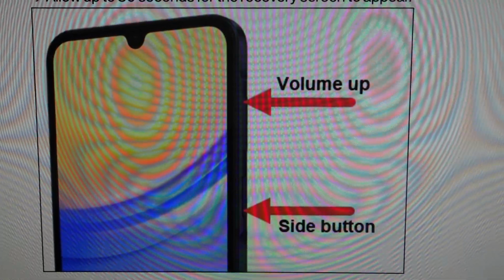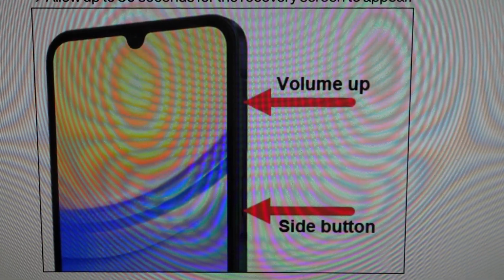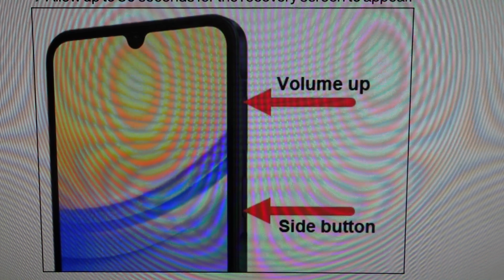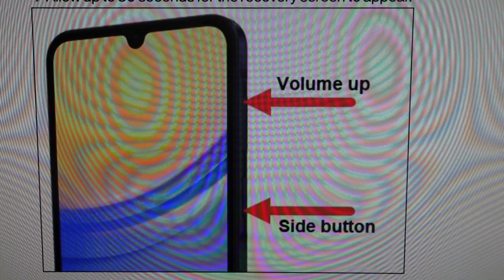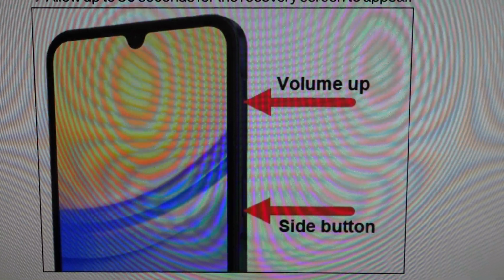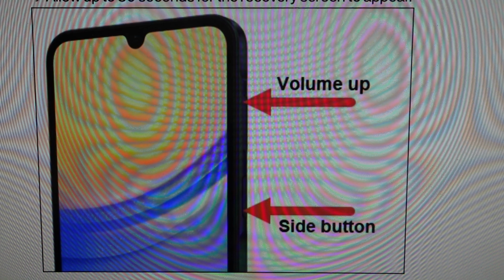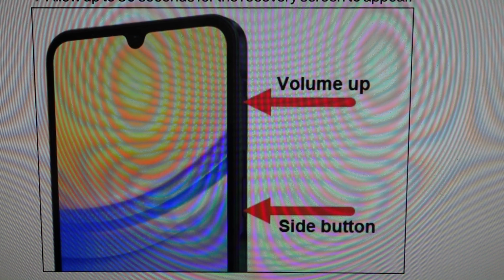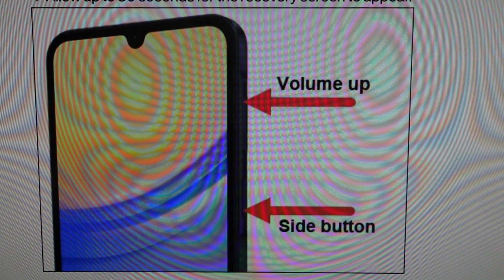Hey everybody, this is a quick video in case you have a Samsung Galaxy A15 5G and you need to do a hard reset to the factory default settings on it. Now you're going to want to do this for one of two reasons. The first one is troubleshooting. If this phone is hopelessly frozen and not responding and stuff like that, a hard reset can fix a lot